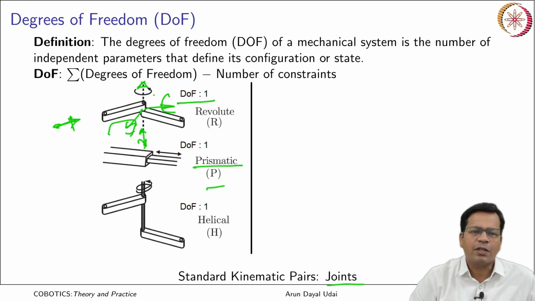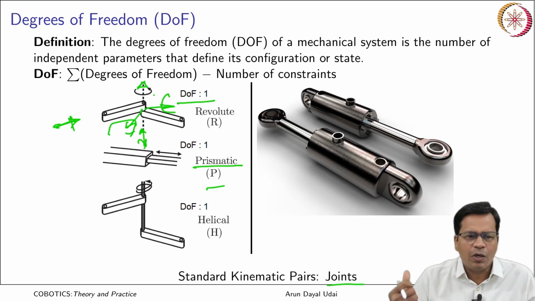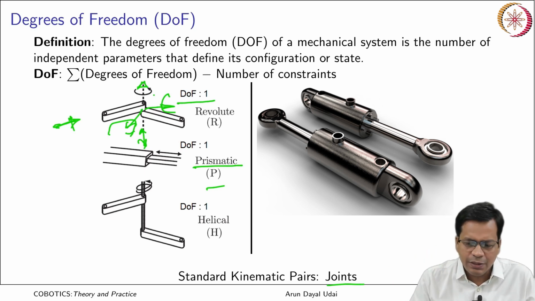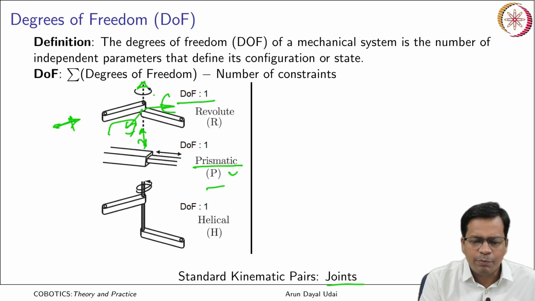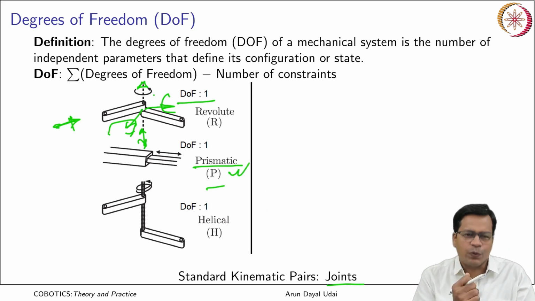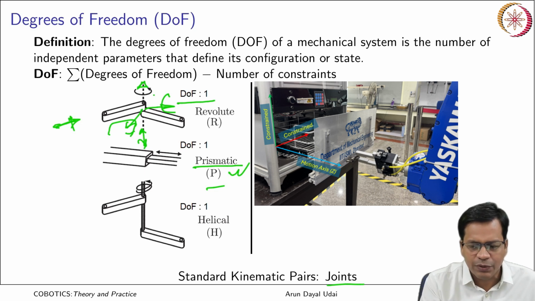This is quite common in robots again. It is a plunger and barrel kind of system, or a hydraulic plunger if you have seen, or a typical syringe. They have this kind of joint. So, it is a prismatic joint. In this case the plunger can only go back and forth into the cylinder or out of the cylinder, right. So, it cannot rotate about any of its axes if it is shaped like this. So, it is again constrained by 5 degrees of freedom and 1 degree of freedom is left free. So, this is a prismatic joint.